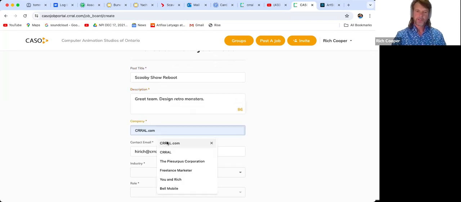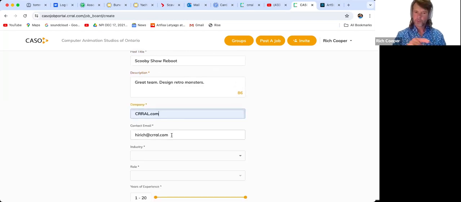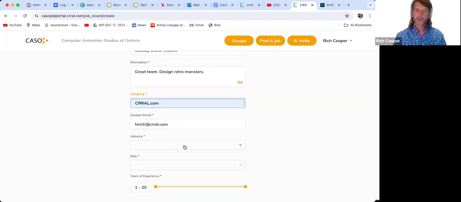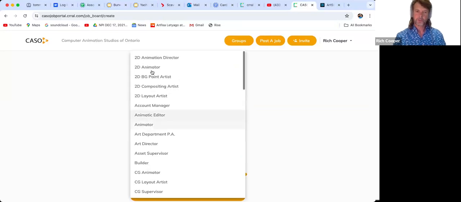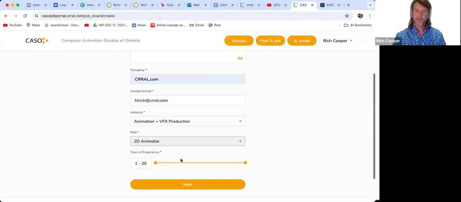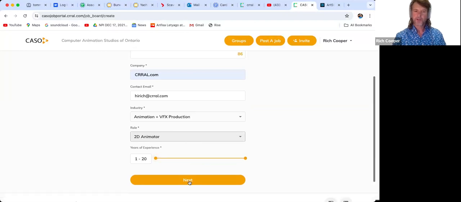Put your company. Now, we'll default to your email, but if this is somebody else's decision, you can put their email in. Industry will always be animation VFX. Now it's the role. So it is 2D animator. If years of experience matter, there's a slider there for you to set those parameters.